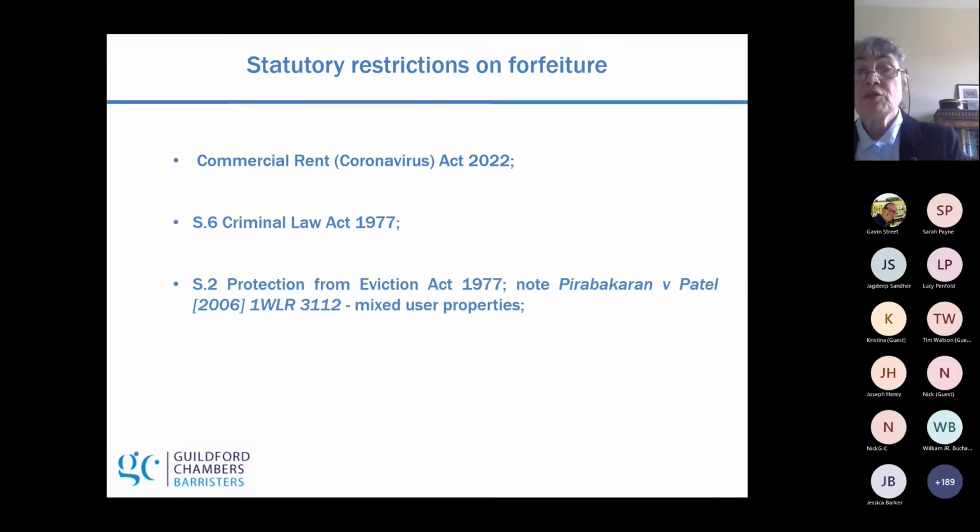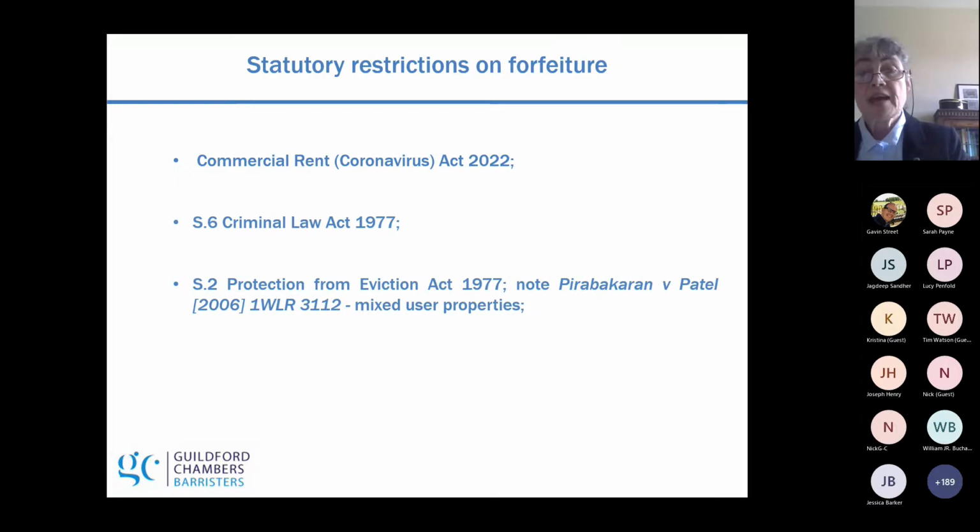Section 6 of the Criminal Law Act 1977 looms large for its repercussions for forfeiture for peaceable re-entry. It is an offence to use or threaten violence for the purpose of securing entry into any premises if the person doing so knows that there is someone present who opposes entry. Violence is violence against a person or property, and the penalty is up to 6 months imprisonment.